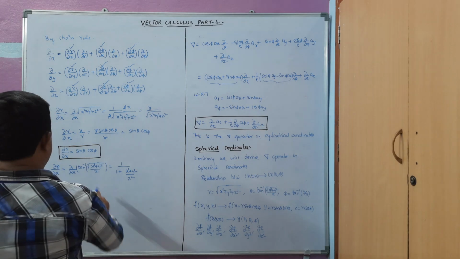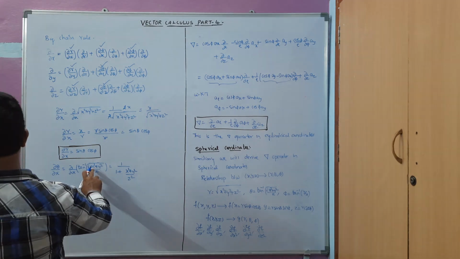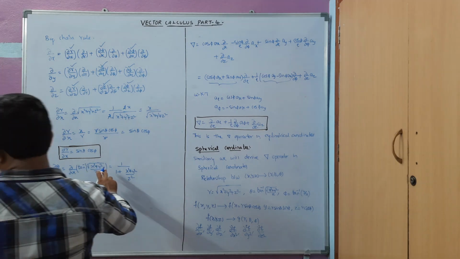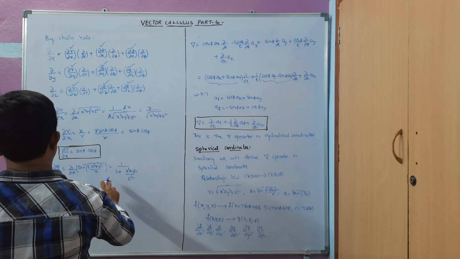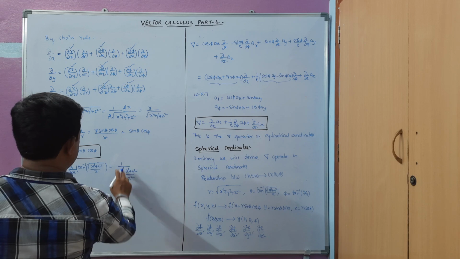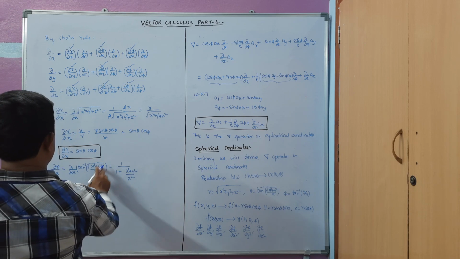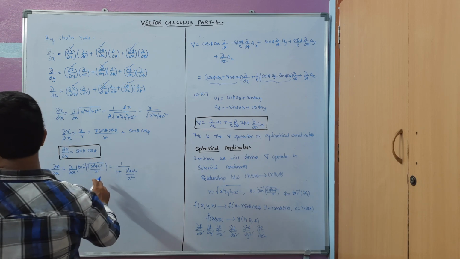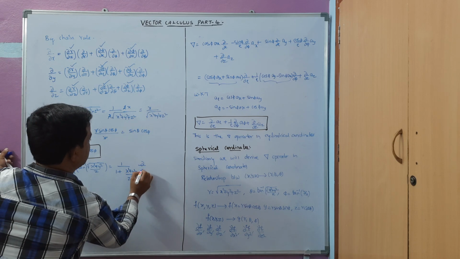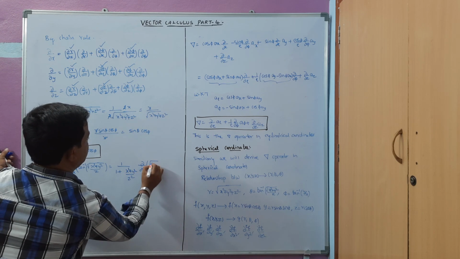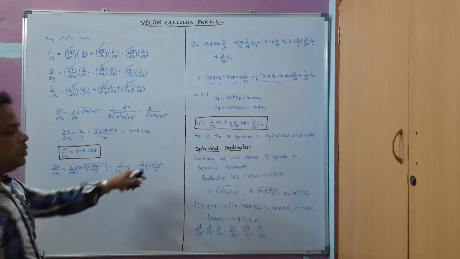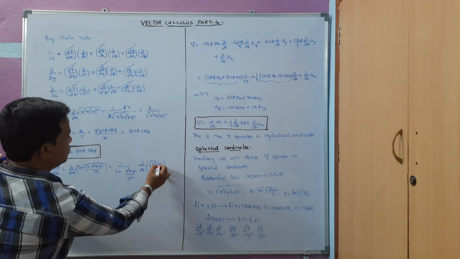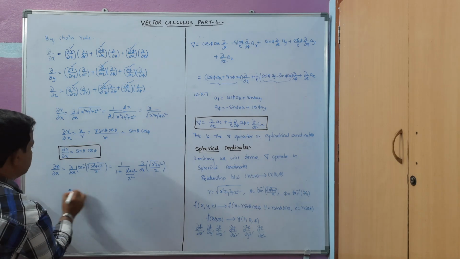Now we have to differentiate with respect to x, which means we have to take again this function, that is ∂/∂x of square root of x square plus y square by z. Now we have to use the u by v formula in order to derive this one.